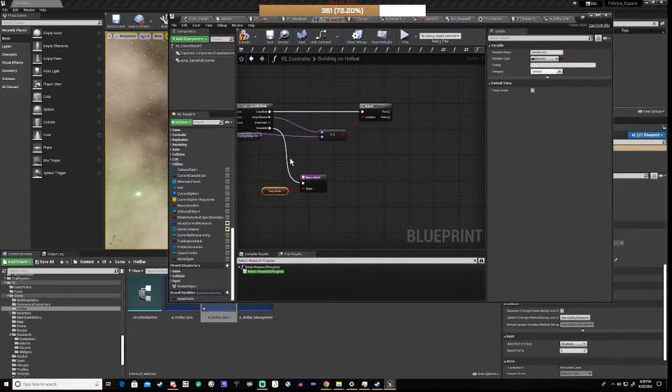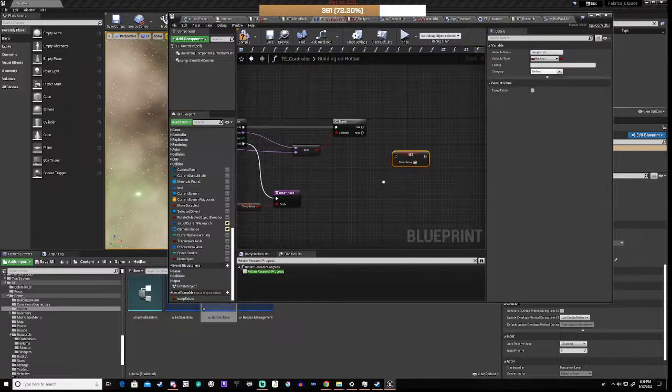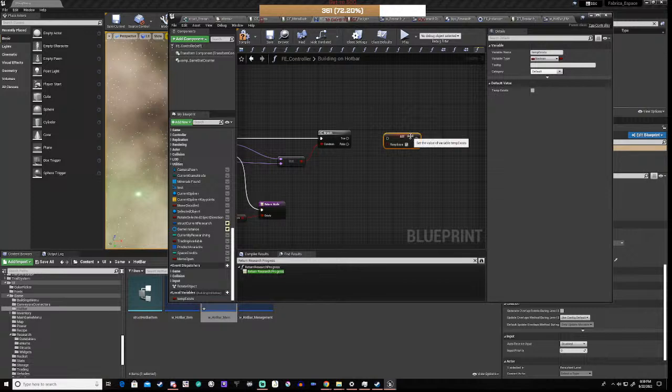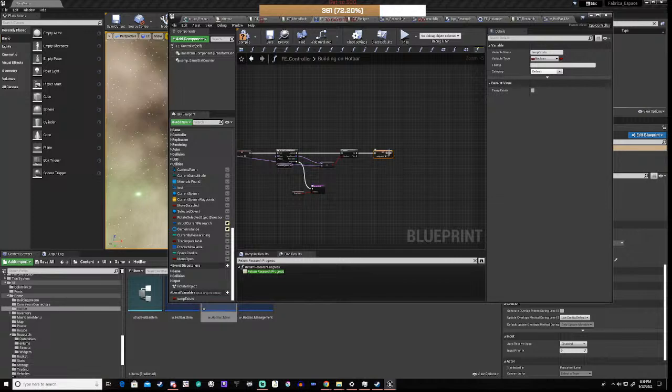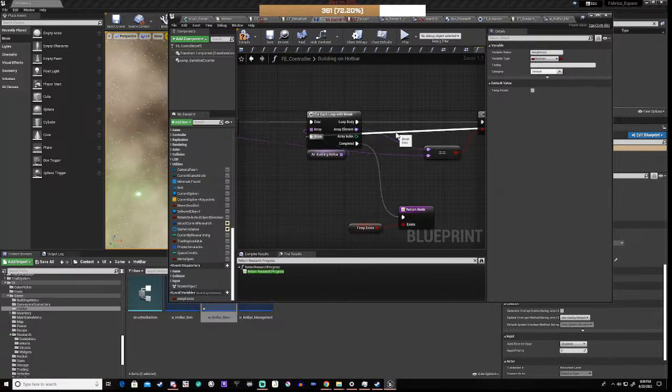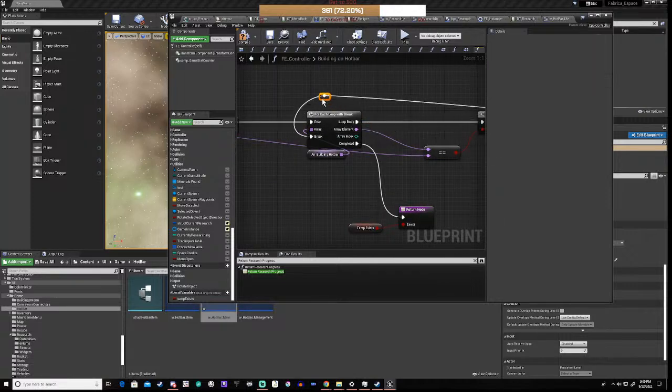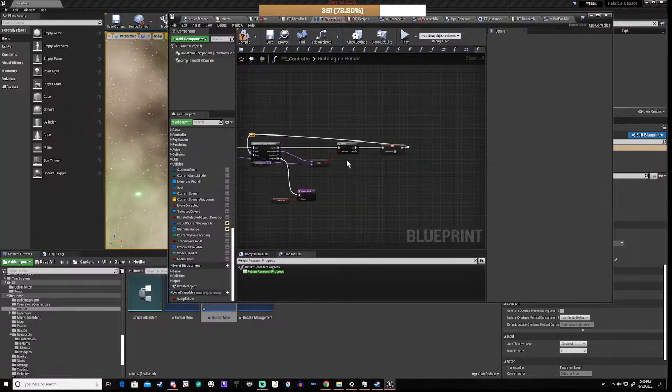And if that does equal that, then we set this to true. And we immediately break. Right? So that goes in there. So this is going to return whether the thing we just unlocked is in the hotbar or not, which it shouldn't be,